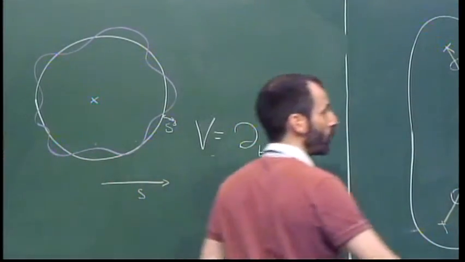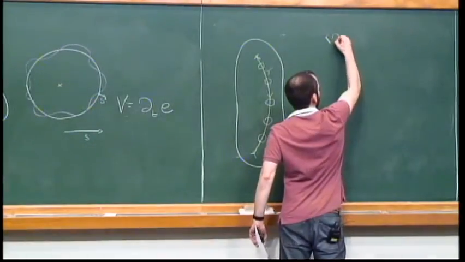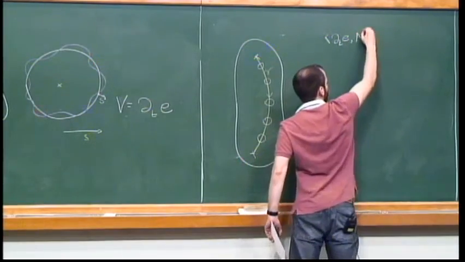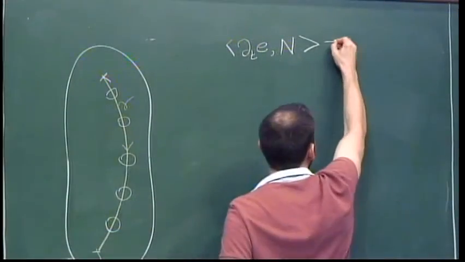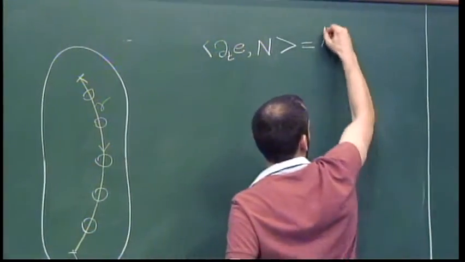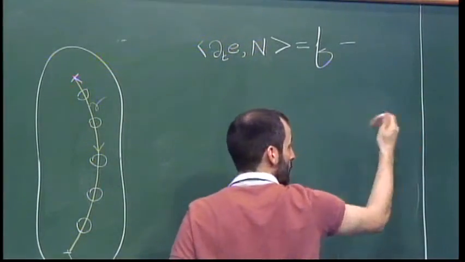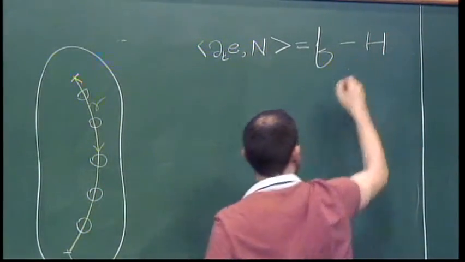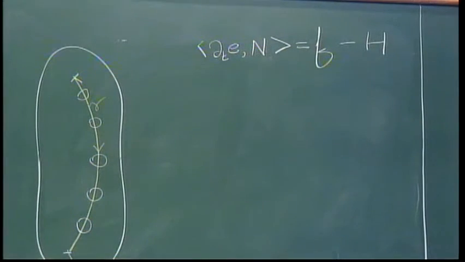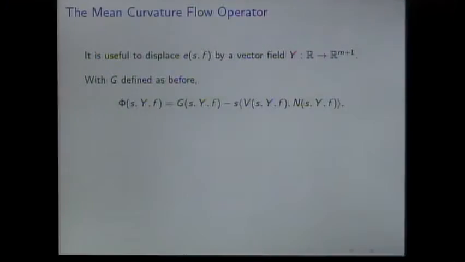Remember that the forced mean curvature flow equation is that the normal component of the time derivative of the embedding is equal to the forcing term minus the mean curvature. Okay? Now, here's one feature that you notice. I'm actually introducing a factor of S into this bit here. Why am I doing that? Well, actually, it makes fair sense.